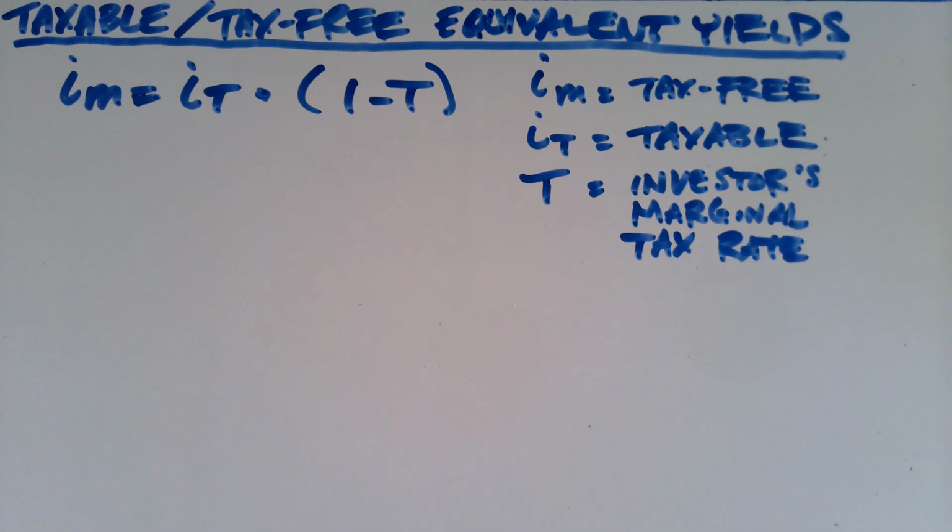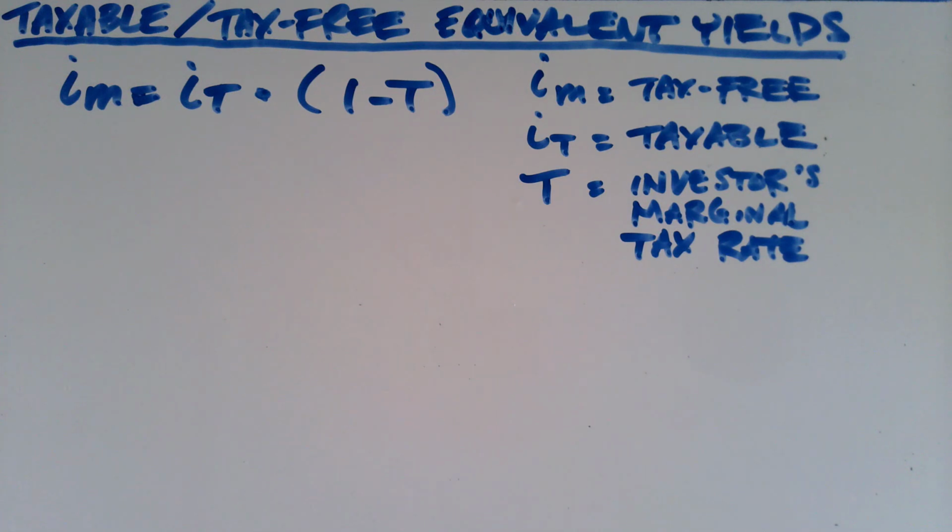Municipal bonds have tax advantages. They are federally tax-free and sometimes state tax-free. We're just going to think about the federal taxes here. And so what we've got here is a relationship that tells us what the equivalent returns are for otherwise identical municipal and taxable bonds. The interest rate on the municipal bond is equal to the interest rate on the taxable bond times 1 minus T,